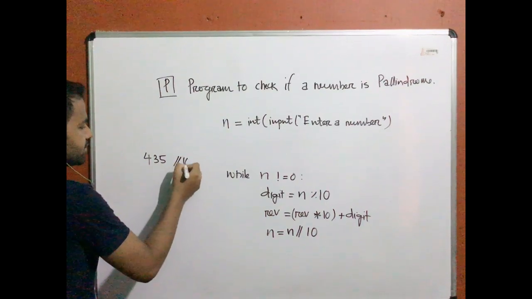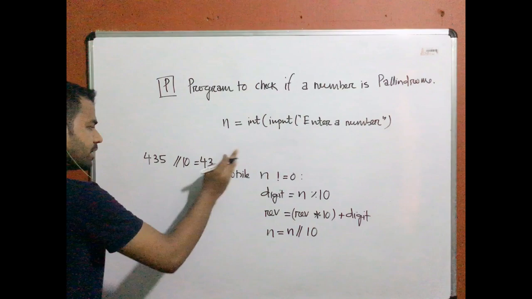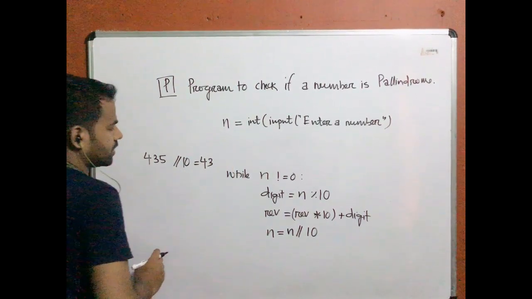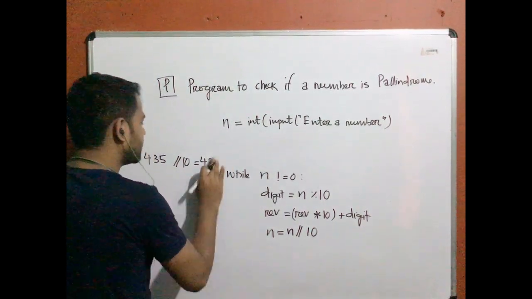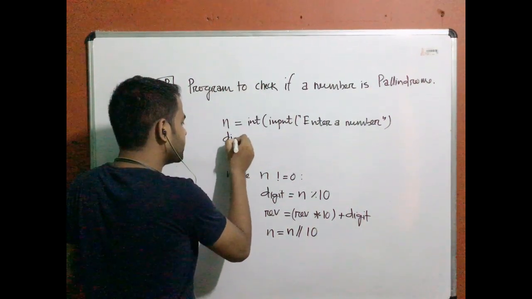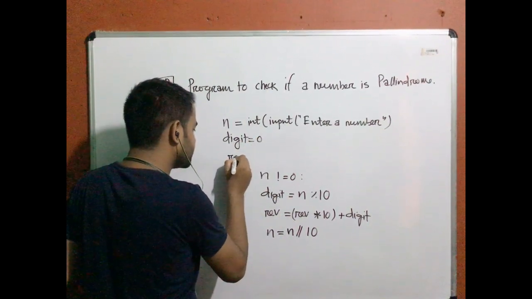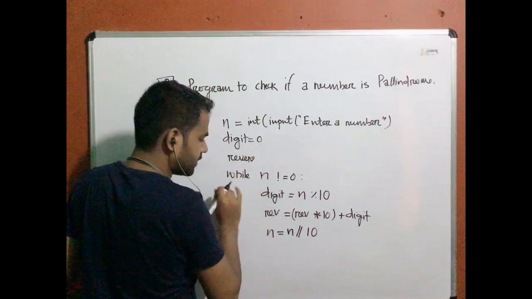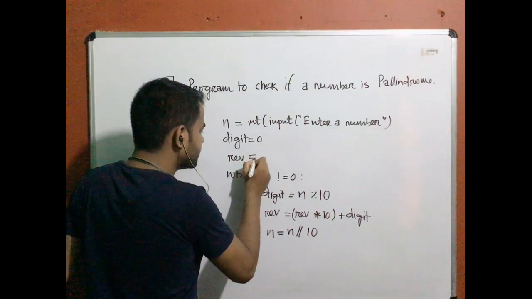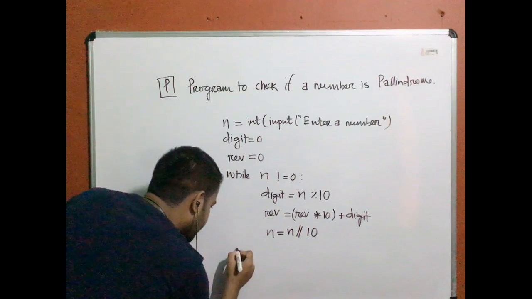435 modular division 10 is equal to 5, and 435 integer division 10 is 43. So I am breaking down the number to eliminate the unit digit, and I am going to perform this operation. Now you do one thing, you take digit equal to 0 and also reverse equal to 0, REV equal to 0. We are done. You come out of the loop and write